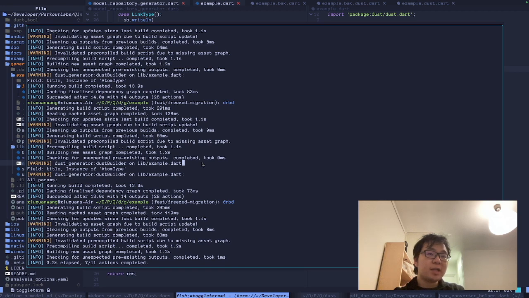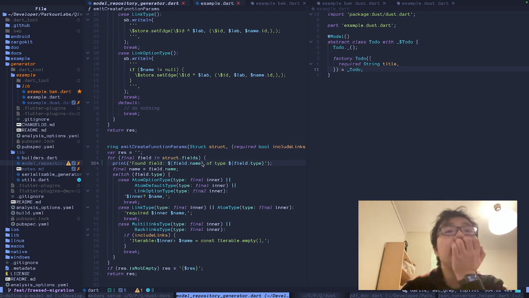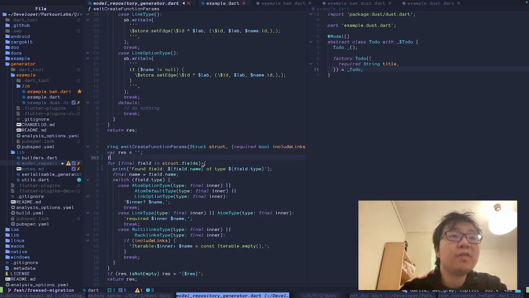Also, it gets stuck here quite long, so I don't know what's going on. Okay, found here type of atom type, title. Hey, this function actually gets wrong 4 times. That's interesting. We sort of need to figure out why this was wrong 4 times. But we do have a, let's see, final time,